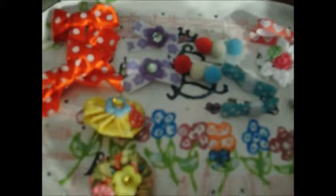Cool, huh? Alright. You can see them all, I hope. These are pom-poms. These are just ribbons. These are crocheted. I can't crochet that tiny because I have eye issues, but I did put the little tiny